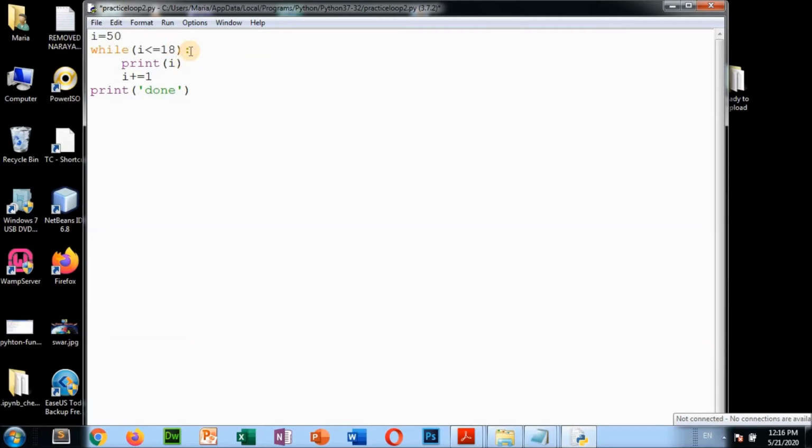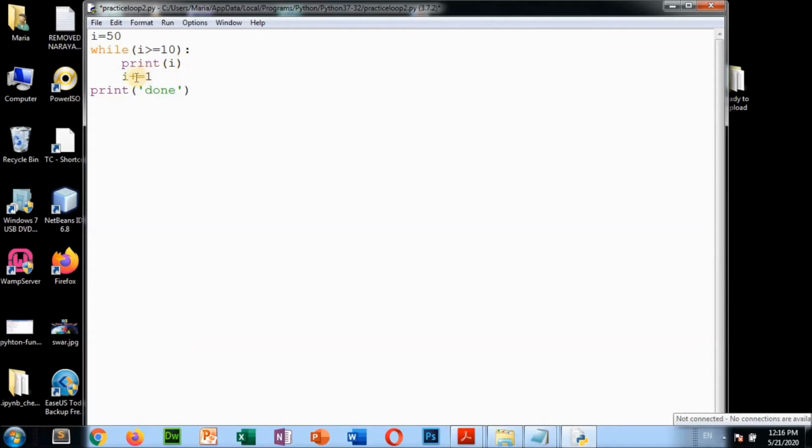To 10 you are going to display. Then I greater than or equal to 10. Up to 10. Not less than or equal to 10. So it will start from 50, and while I greater than or equal to 10 it will display.